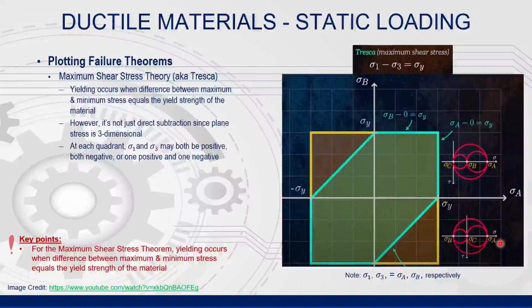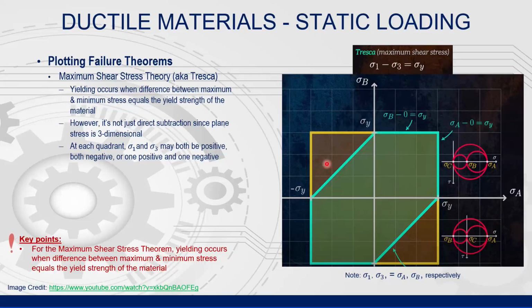The maximum shear stress theorem attempts to correct the issues with the maximum normal stress theorem. Note the adjustments made in the second and fourth quadrants. This concept postulates that failure occurs when the difference between maximum and minimum stress equals the yield strength of the material. This theorem better aligns with experimental data, but tends to be overly conservative, and passing test results occur in